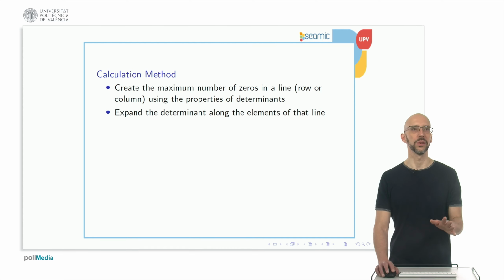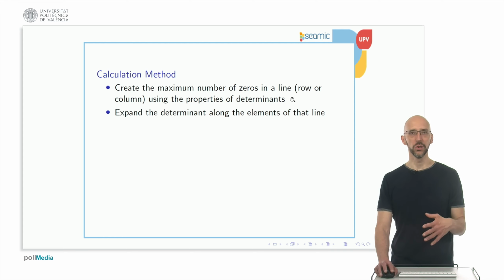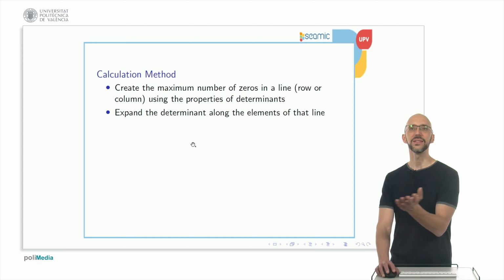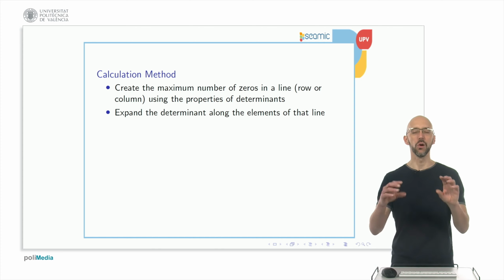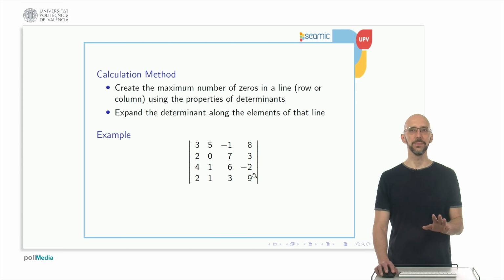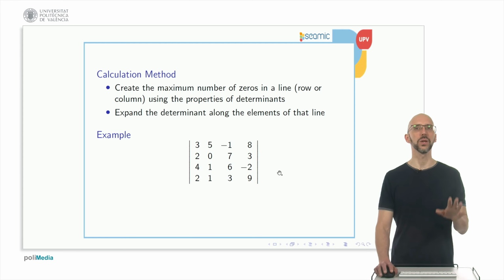more things. The last thing we are going to see. What is the method we are going to apply in order to calculate determinants? So we can create the maximum number of zeros in a line, row, or column and use the properties of determinants. And expand this determinant through the row or column that has the maximum number of zeros. Okay? So for example, let me do it really fast. We are going to obtain the